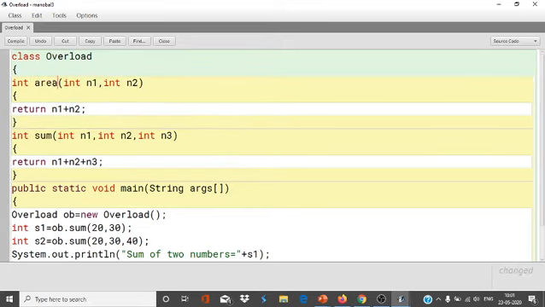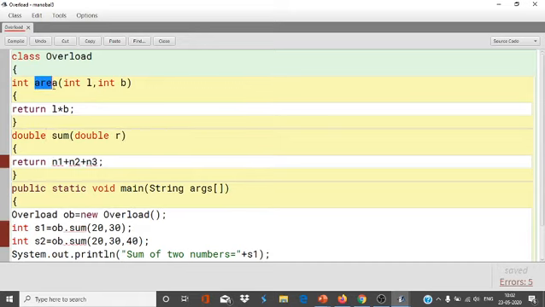Suppose you have to find the area of a rectangle, so L into B, it will return L into B. For the rectangle I have declared the area. Same way, I have to find the area of a circle. I will take double r, radius. It will return a double value, so I will use the return type double.